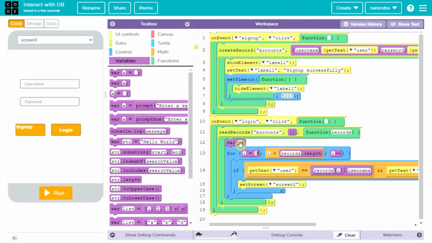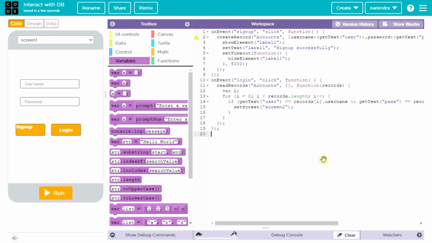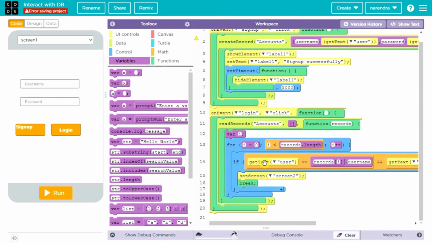So what I am doing is, the i value starts with 0. It goes through all the records in the database. If you have a successful match, break out using a break statement, and you need not search further. You can stop there itself. If there is a successful match, you can stop searching and move to the next screen. Assume your database has 1000 records. If there is a match in between, you need not search the entire table. You can stop searching once there is a match.